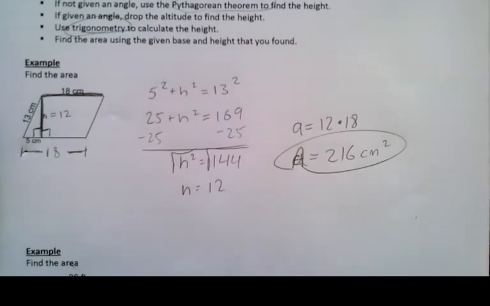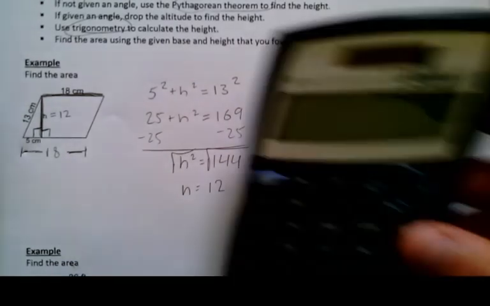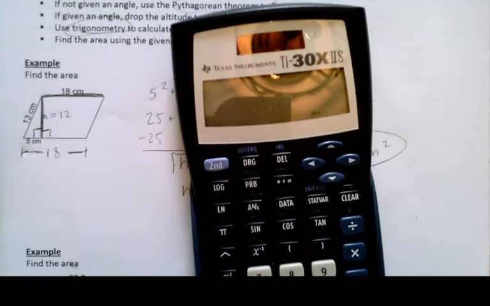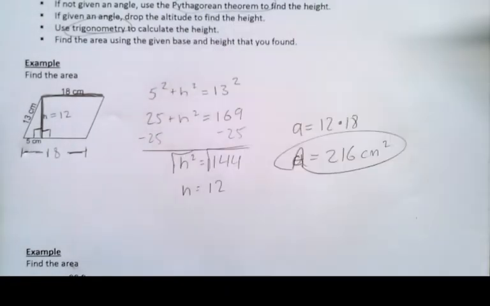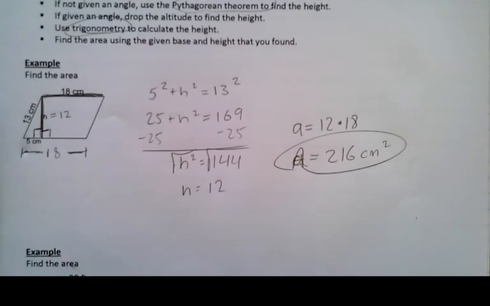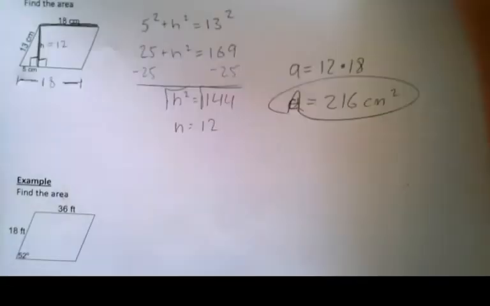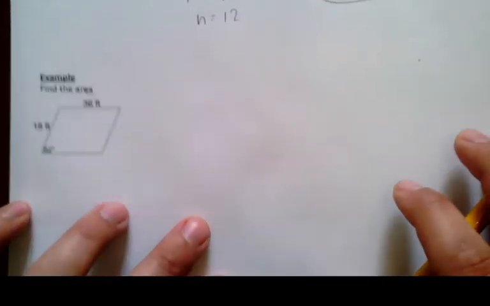Now, another method we could do is using trigonometry to solve for the area of a parallelogram. Right? With this, you're probably going to use a calculator because we're going to go back and use SOHCAHTOA. So if you have one of these TI-30s or TI-34s or even an 89, that'd be good to use to solve for the area of a parallelogram using trig. So this is what it's going to look like. As you see from the bullet points above,